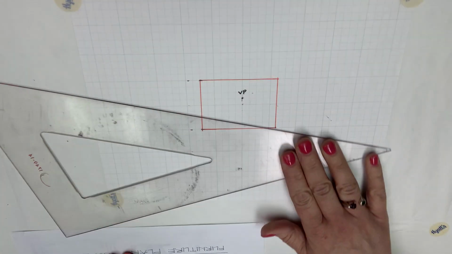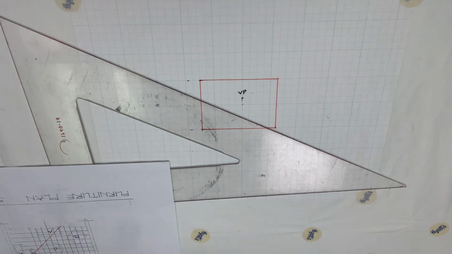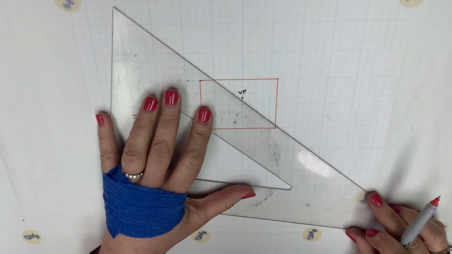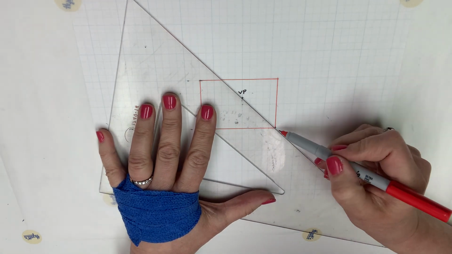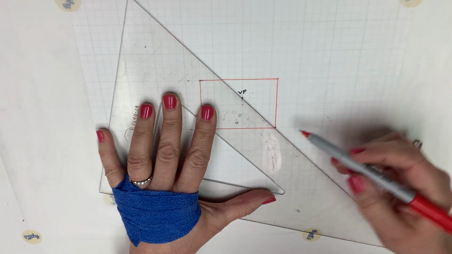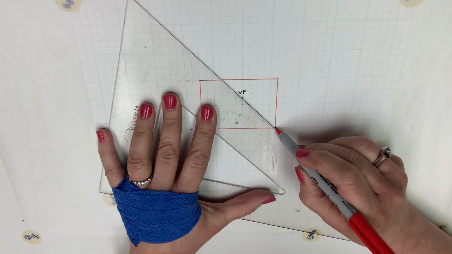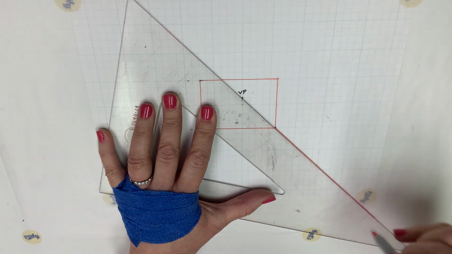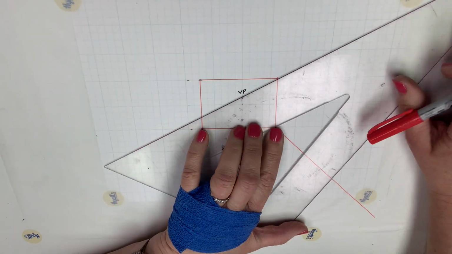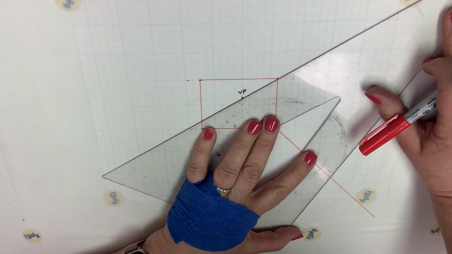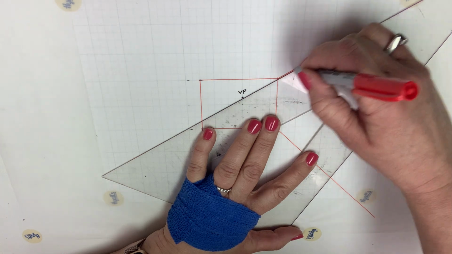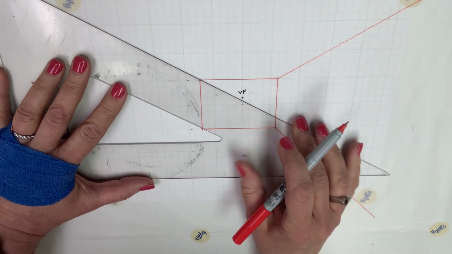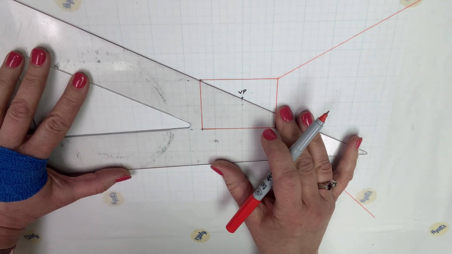Don't need my bar, so I'll get that out of the way. And I think actually I'll continue utilizing this red. So I'm going to take the point here back to the VP and draw my line out. Take it from the VP over here as well, out in this direction, and then from the VP to this corner, and I'm just going to take it out